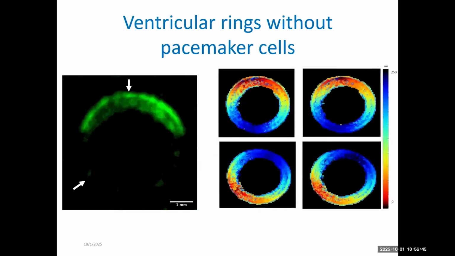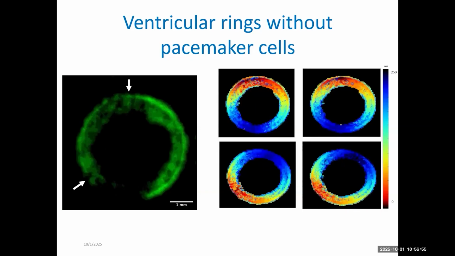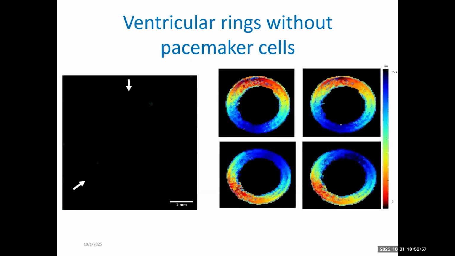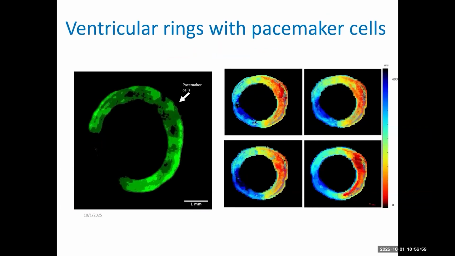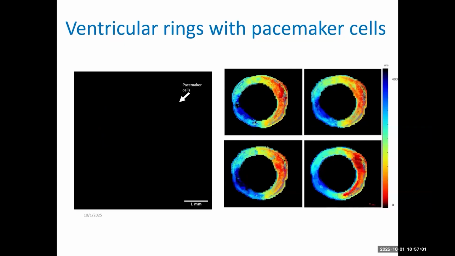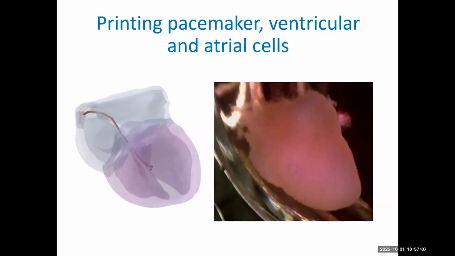And that we've done with printed rings. So here you can see without the pacemaker cells, each time the signal starts from a different spot, you can see the arrows. When we use the pacemaker cells, each time it starts from the same place where we printed the pacemaker cells. And this allowed us to move forward to print the entire heart with the pacemaker cells in the right place,